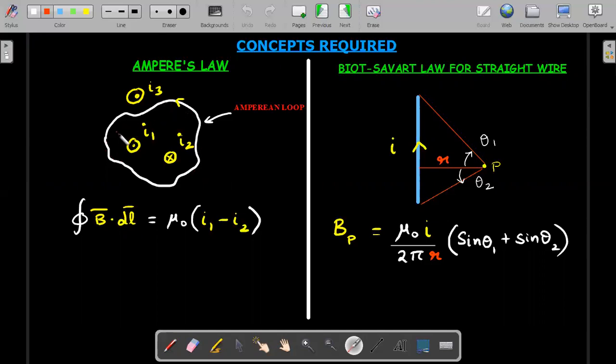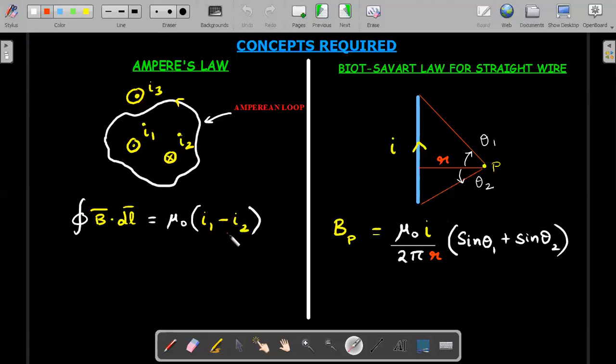Around it, if I move and perform the LHS of this equation, the LHS is called the circulation of the magnetic field. It's a closed loop path integral. Then I end up with a right hand side result which depends only on the currents enclosed by the loop. The sign of these currents is decided by the right hand thumb rule. Can you see the direction of the path I have drawn? If you use the right hand thumb rule, the thumb points out of the plane. That means I1 should be taken as a positive current, I2 as a negative current, and I3 is not going to be part of the right hand side.